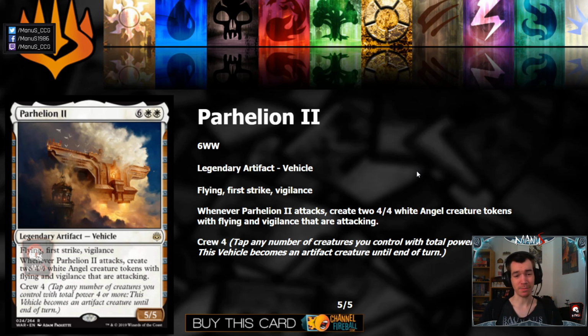Even in Limited, it is really expensive, but it is really powerful. So if you get there, the card will win you the game. It has crew 4, which is quite a bunch for crew, but the payoff is totally worth it. First of all, it has flying, first strike, and vigilance, so you can attack with it, and if you have enough crew potential, you can also block with it. And if it attacks, you create 2 basically Serra Angel tokens, 4/4 flying vigilance tokens, just from attacking with it once. So the card is really powerful, runs away with the game really fast, so quite a bomb, but